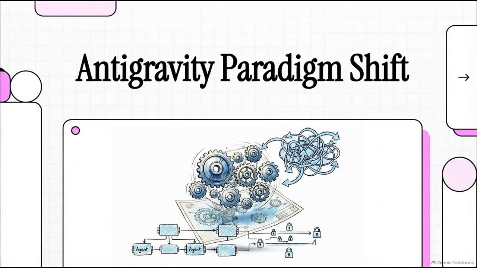Welcome to the Explainer. If you've ever tried to string together a few AI agents and watch them instantly spiral into a chaotic loop of errors, well, you know exactly how fragile this technology can be. Today, we're diving into a fundamental structural transition happening right now in software engineering. We're going to unpack exactly how the google.antigravity Python SDK is completely changing the game for orchestrating autonomous system-level agents, basically turning them from fragile toys into ultra-reliable engines.